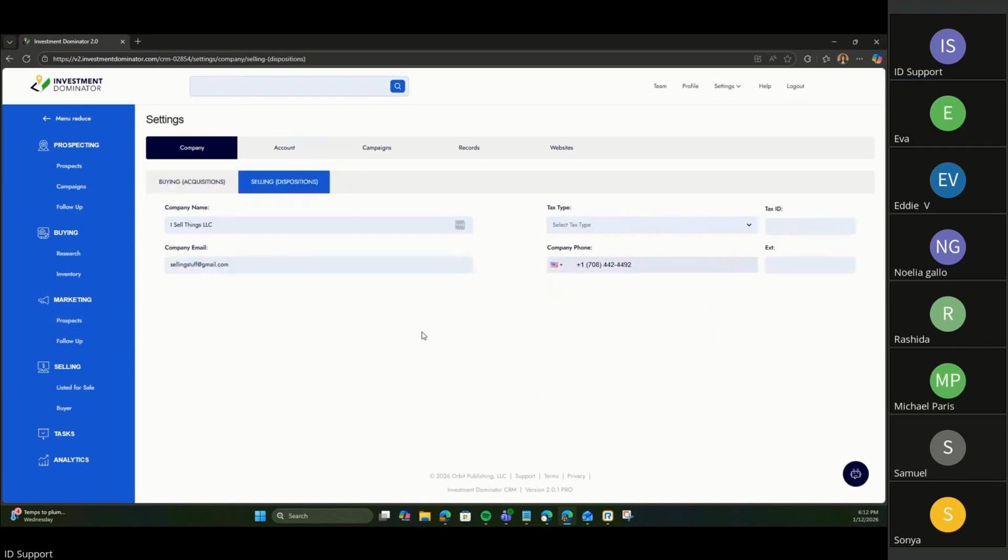All right, and on the selling side of the business, we have your company name if you choose to have one, a company email, again, for DocuSign if you're accepting offers from individuals who say, yes, I want to purchase your land that you have for sale. And then also that company phone number, that's the selling side. That phone number will be for individuals to call you and say, hey, I see this property that you have online on your selling site. I would like to make you an offer.